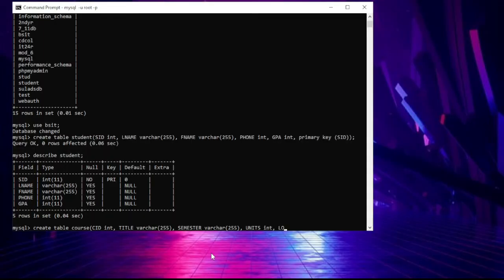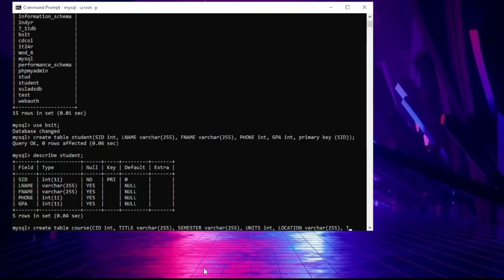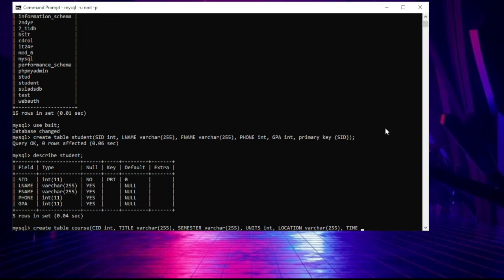So location will be a varchar data type, open parenthesis 255, then space, and then time. So time, space, and then the data type will be datetime, then comma space,